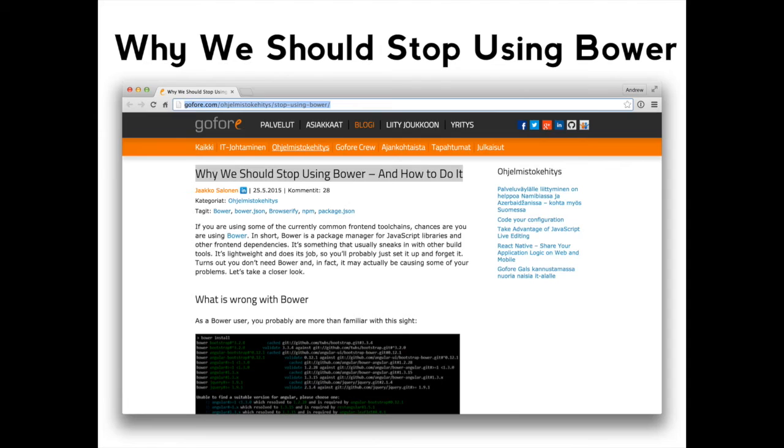It doesn't ever take a snapshot of a particular version. It essentially takes all the lessons learned from previous package managers and throws them out the window, and will cause you no end of trouble after a very easy initial setup. You think, that's great, I can just do bower install jQuery. It's all good. And then later you do bower install something else, and it goes, I depend on a different version of jQuery than you've currently got.